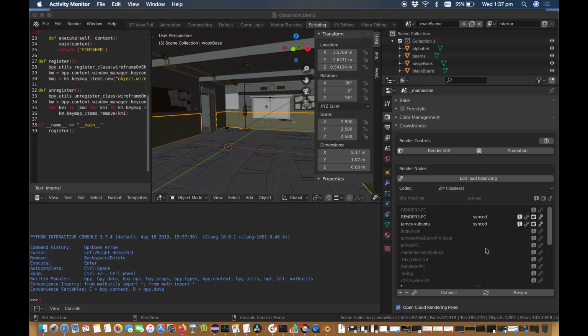So one of the things you have to realize is Crowdrender just looks at the data it actually tracks, and it doesn't track everything. It doesn't track animation data. It doesn't track poses or shape keys. It just tracks objects mainly and materials, basic stuff. It will transfer everything, absolutely everything, to your render nodes when you connect and upload or do a resync, but